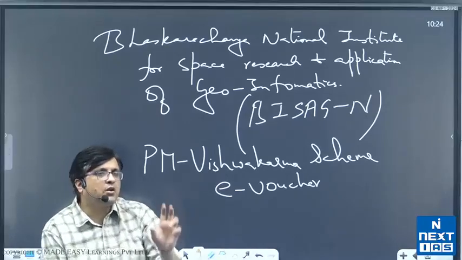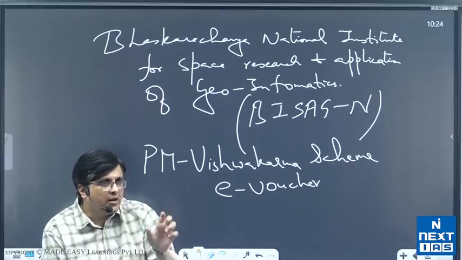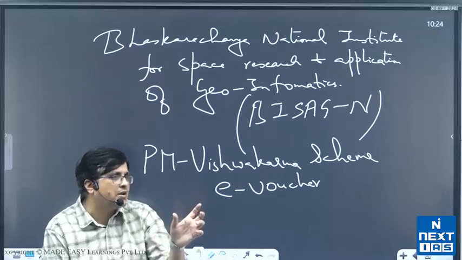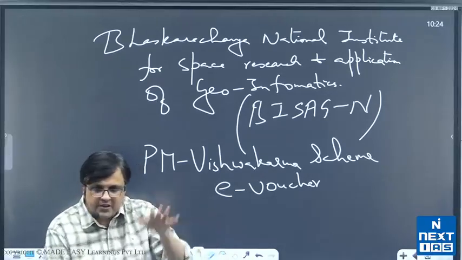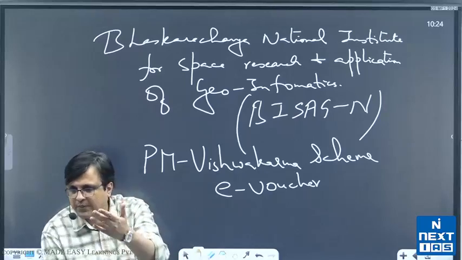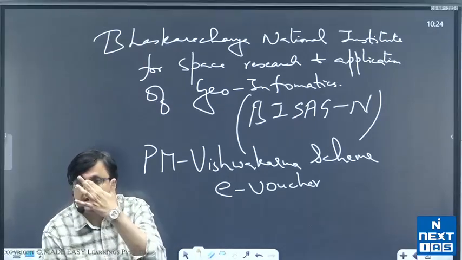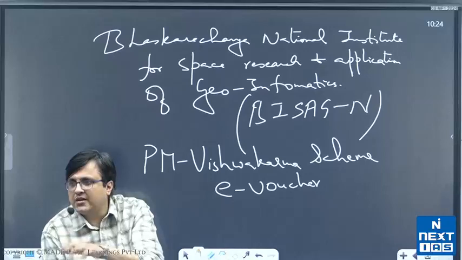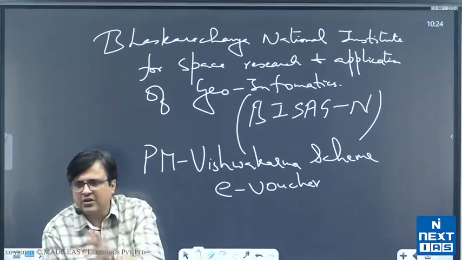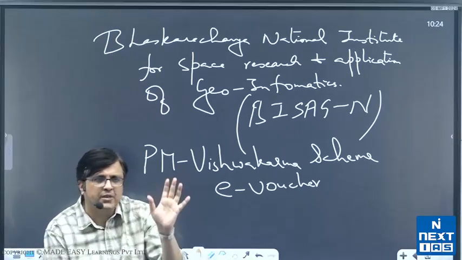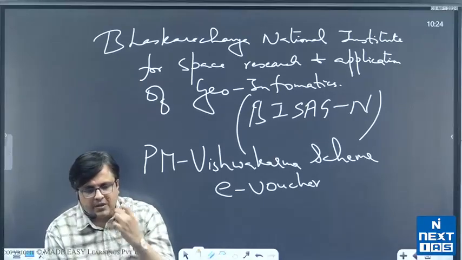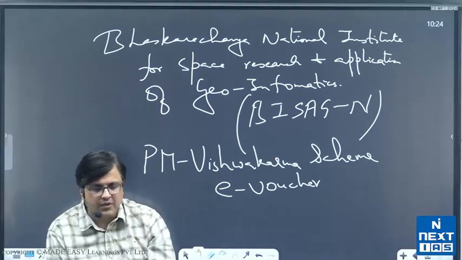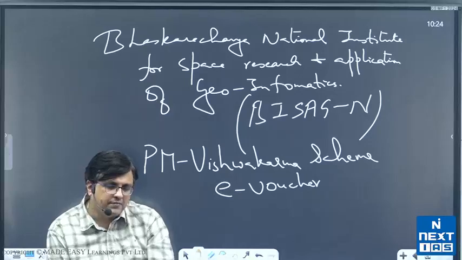Whenever the interest is reduced and given, the word interest subsidy is not used, the word interest subvention is used. All right, whenever the interest rate is reduced and given to people, we don't use the word interest subsidy, we use the word interest subvention. All right, you'll see this word very often in many spaces. All right, so interest subvention scheme, then close the bracket, then go further, you write, however,